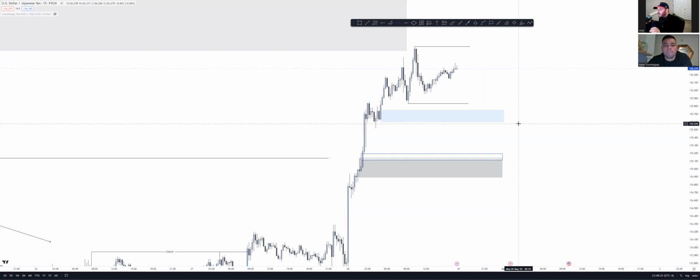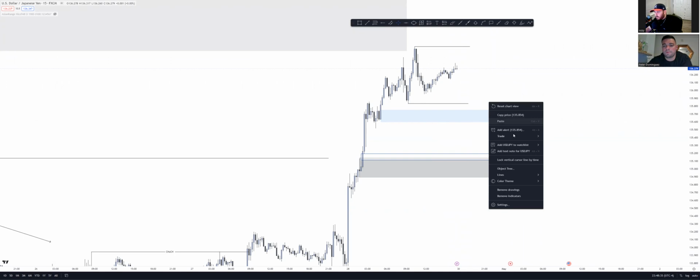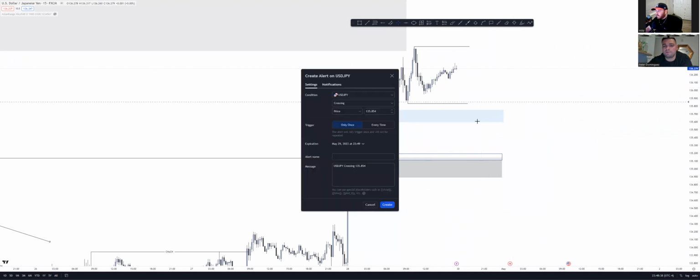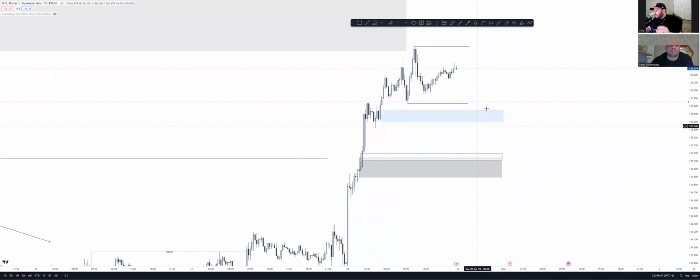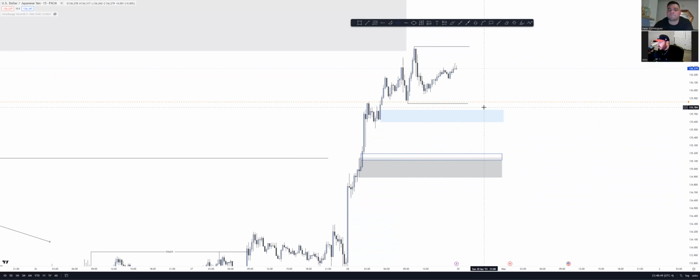is horrible. That's why I've come to the point where I actually set alerts. Let's say I'm expecting price to come back into this zone. I'll set an alert maybe right above it here, and just step away. Watch TV, do whatever, read a book. That's definitely one of the best things you could probably do because it keeps you out of the charts, bro. We don't have to be in a trade every single day. We really don't. And that's one of the things that I'm still working on,